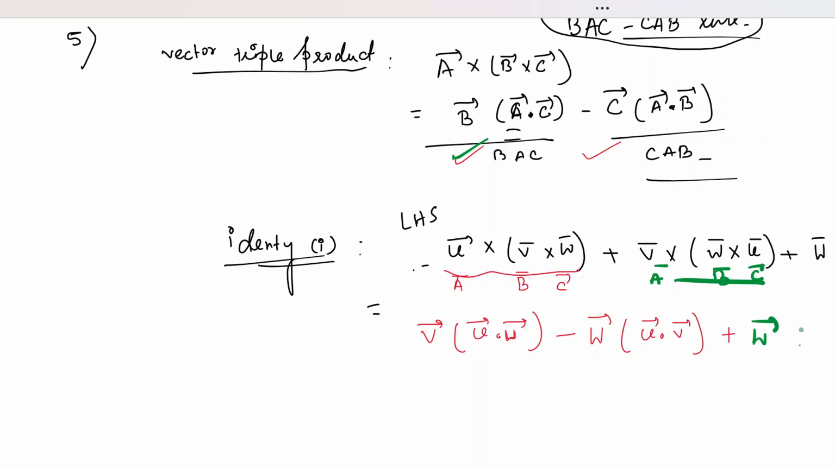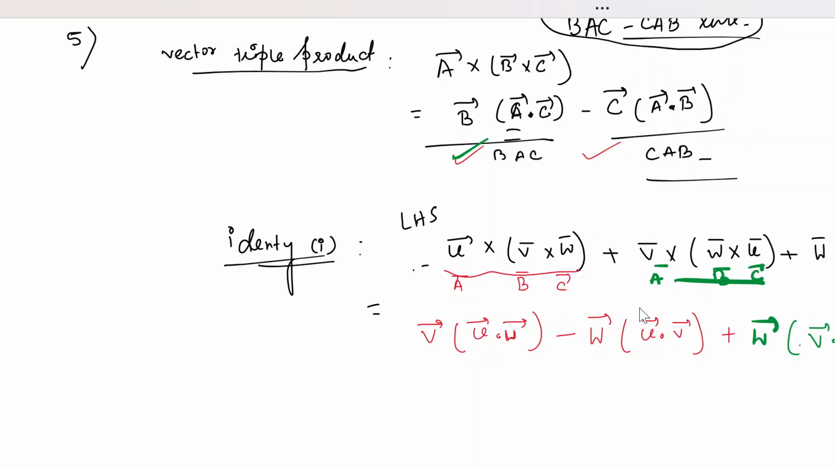Yeah, and then W with A dot B cap was A dot C. So W A dot C is here, V dot U minus C A dot B, right? So C is U vector, A dot B is V dot W. This is done. And the third part is